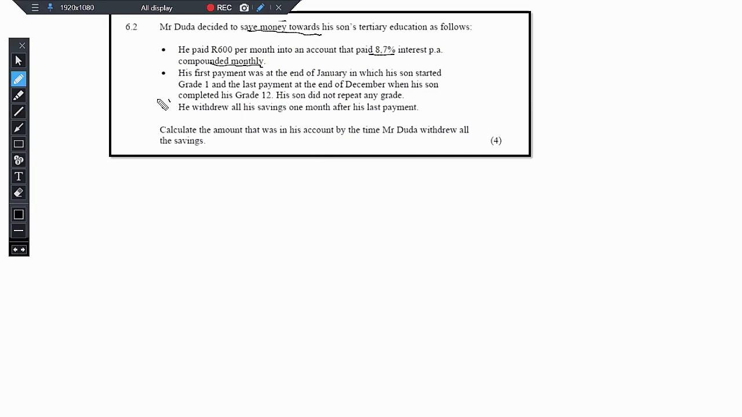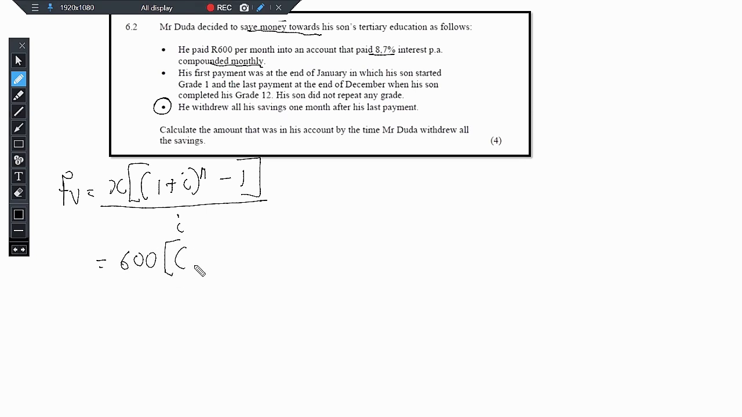Right, note this statement here, very important. Then calculate the amount that was in his account by the time Mr. Duda withdrew all the savings. So again, we're going to start with our future value formula, because this is savings. So we're trying to grow this money into a certain future value, right? So this is an appreciation annuity. Then X is 600. We have 1 plus the interest 8.7, so 8.7 over 100 is 0.087